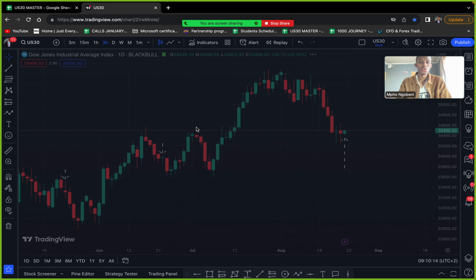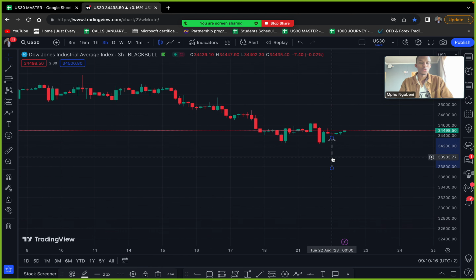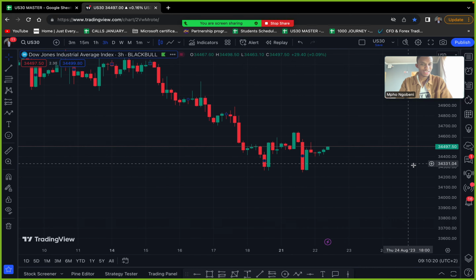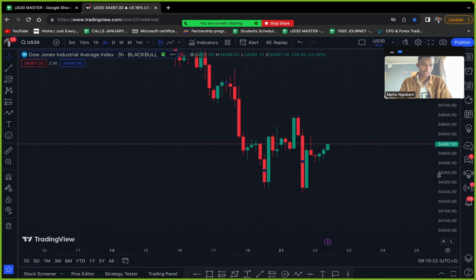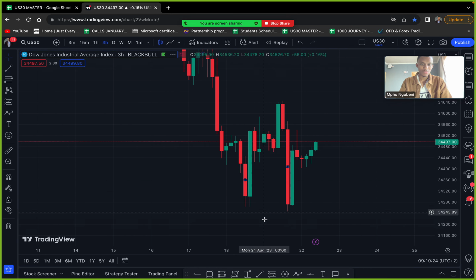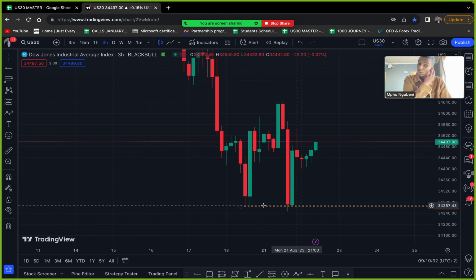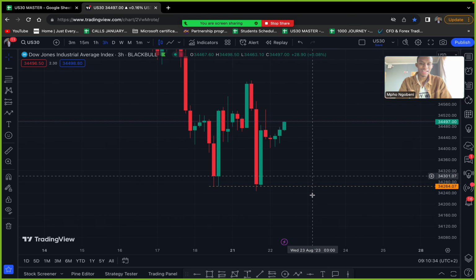As you know, when I look at the 3 hours, I look at two things. I look at trend lines and I look at formations. Already I see a formation that formed down below there. The reason we entered buys there is because it was a formation. It was a 3 and 3 formation.